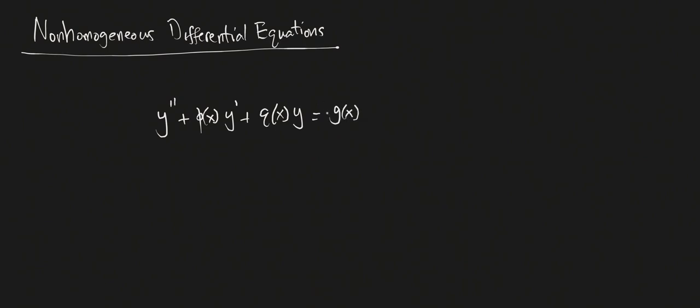g of x or f of x. I can never remember which one. It doesn't really matter. But the idea is we have a function on this side represented by g. Now, the acronym that we used when we had the homogeneous equation was HOLD. Now that it's a non-homogeneous equation, we're going to refer to equations like these, whether or not the coefficients on this side are constants, as a NOLD,